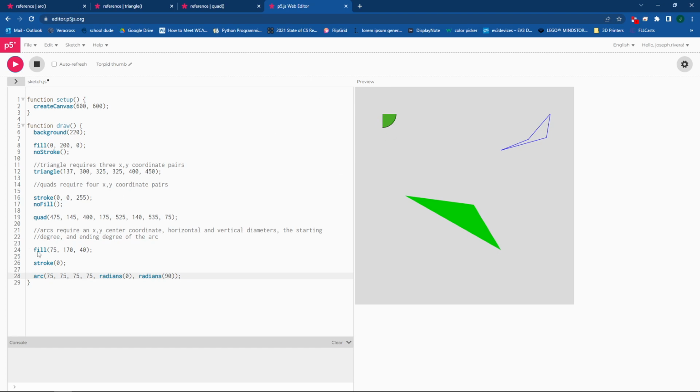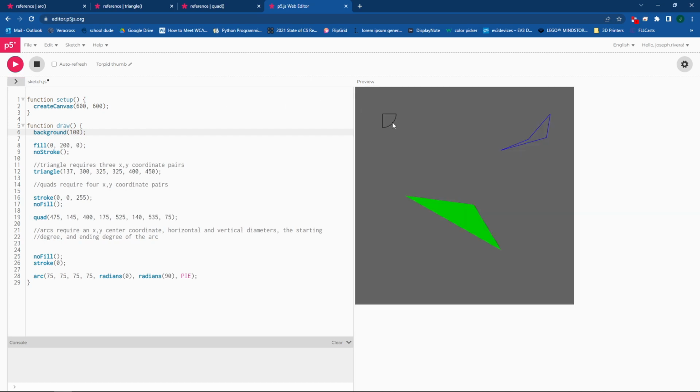And then what we could do is we could say, well, okay, let's do pi. It has to be all caps. And then let's do no fill. So no fill. Let's cut that out. And now we have a hollow. Notice the background is whatever color the background is. So if I change this by making this darker, so I put 100, you'll see that it's still hollow, and there it is, right? So the idea that's nice is that this thing is hollow, and you can do this with shapes. And any shape that is closed, you can use no fill,